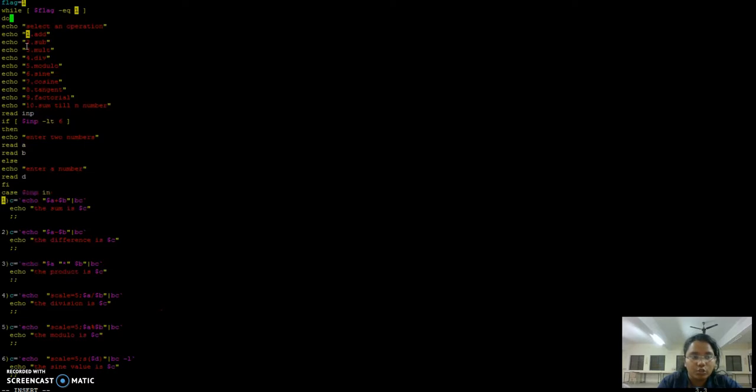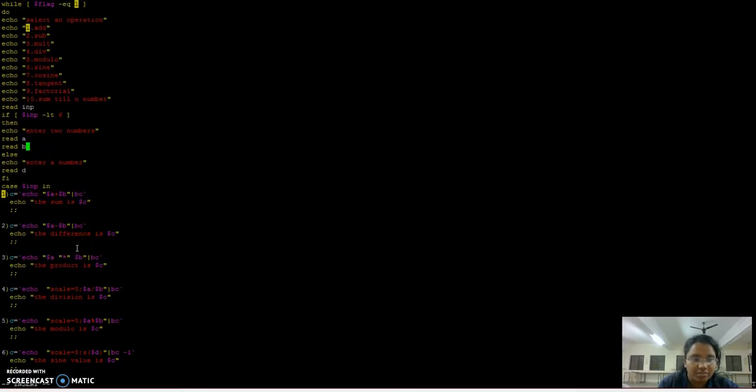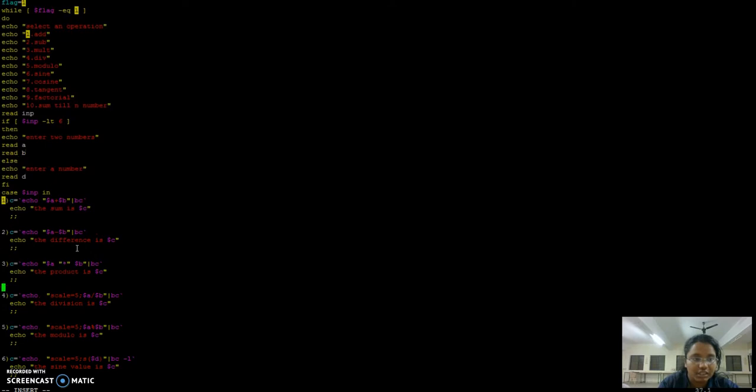In this while loop, make sure we have spaces after the while and the brackets, and then I have echo statements to display the options which are available in my program. After this I have an if statement wherein I take the input of the user, and if it is less than 6 I'm asking them to enter two numbers, because addition, subtraction, multiplication, division, modulo, all these need